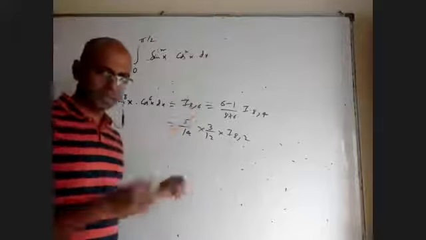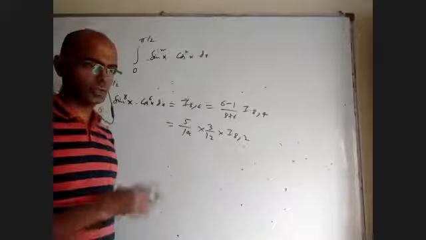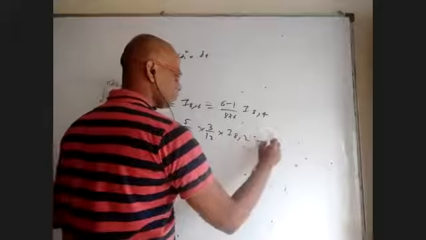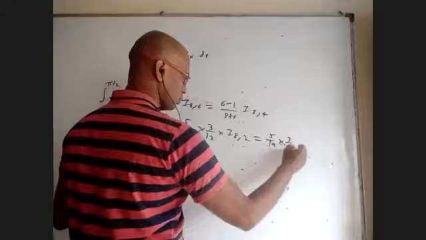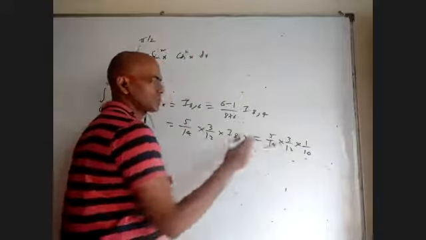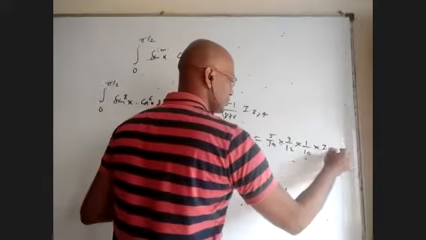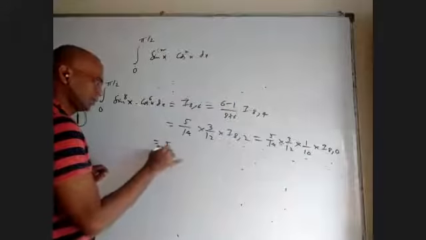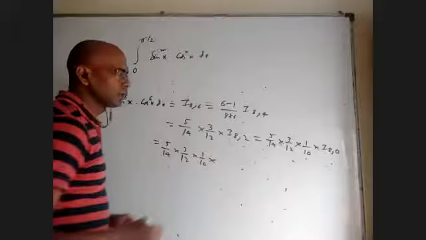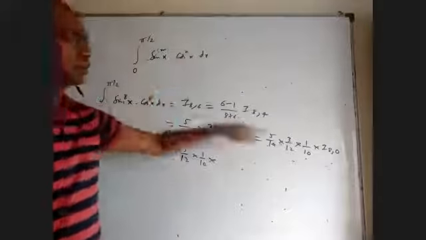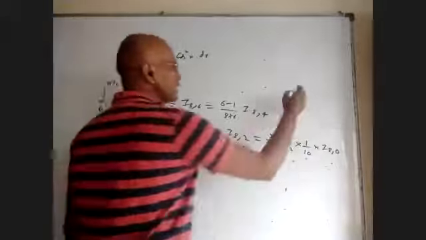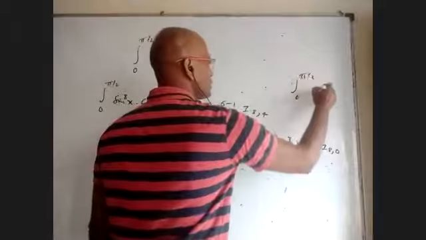I'm telling all the steps, but at the end, you will directly write the answer. You don't write all these things, but how it came, you have to learn further. Next, it's going to come 5 by 14 into 3 by 12 into 1 by 10 (1 less than this one, and 8 plus 2 is 10) into I(8, 0). I(8, 0) means power 0, it will become 1. It will become simply the integral from 0 to pi by 2 of sin power 8x dx.